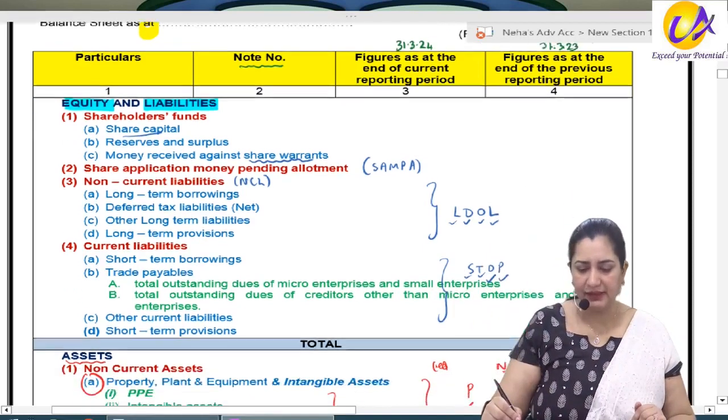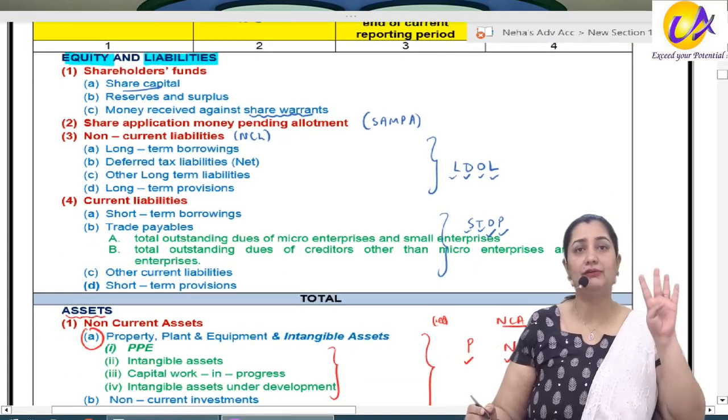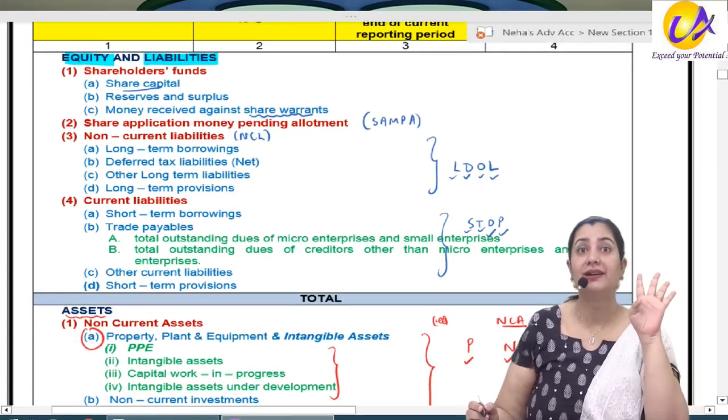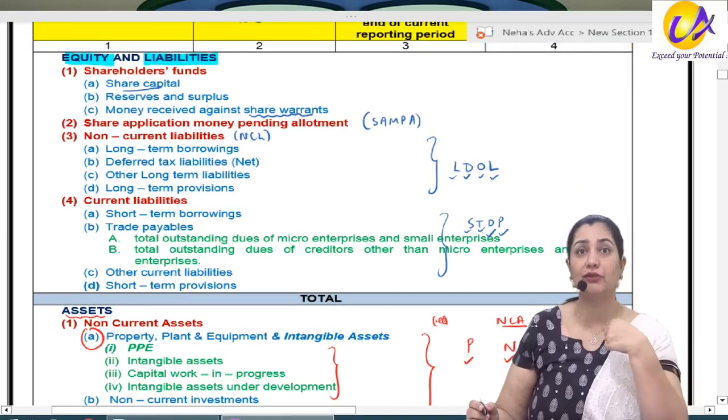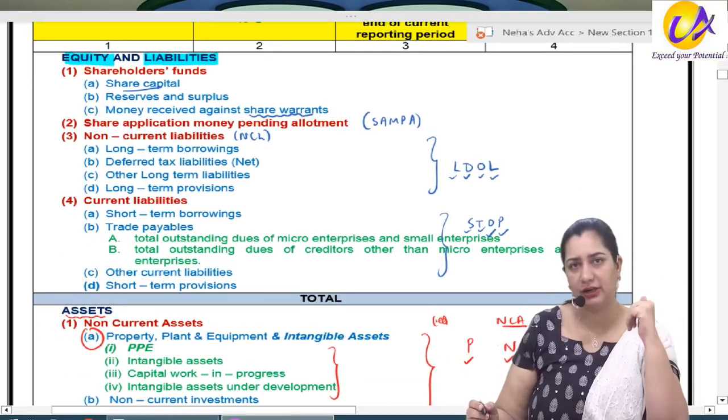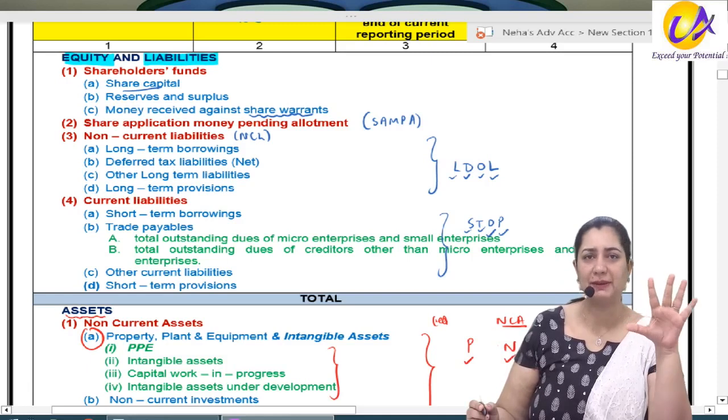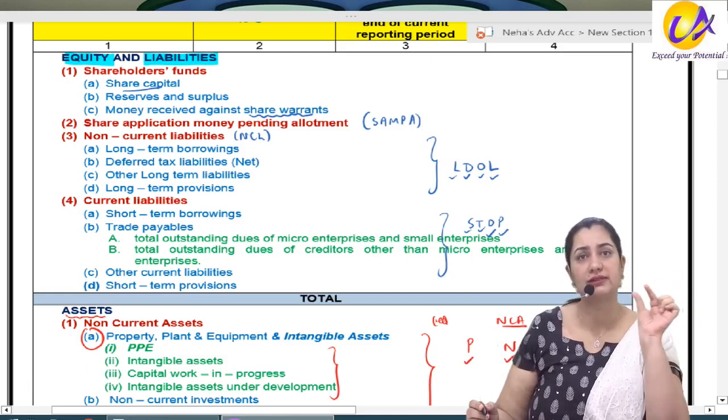Under equity and liabilities, what do we have? We have got mainly four heads. Okay, repeat with me. You have to say it with me. I am not saying it for me, I am saying it for you. So come on, repeat with me. So, first of all,